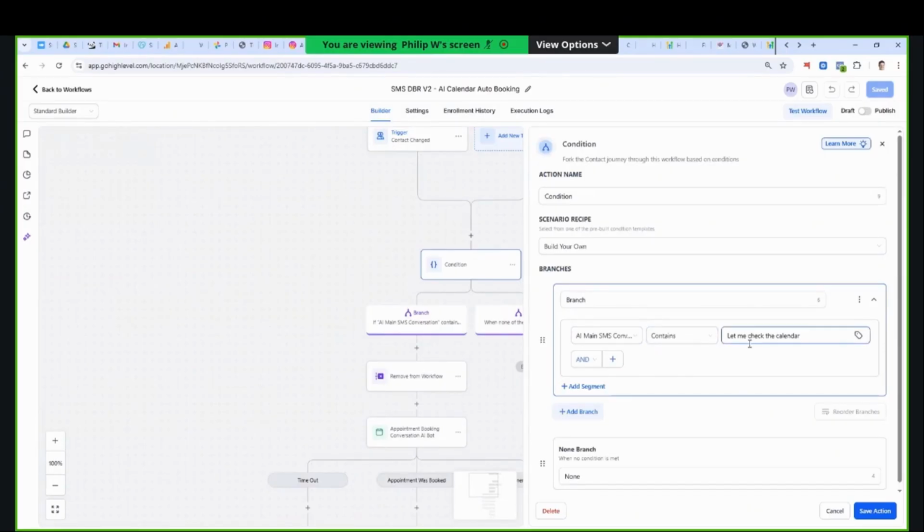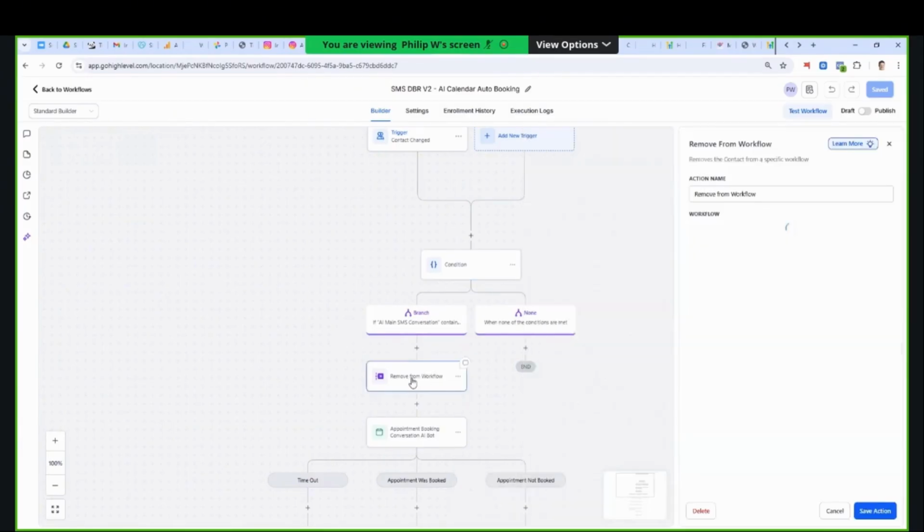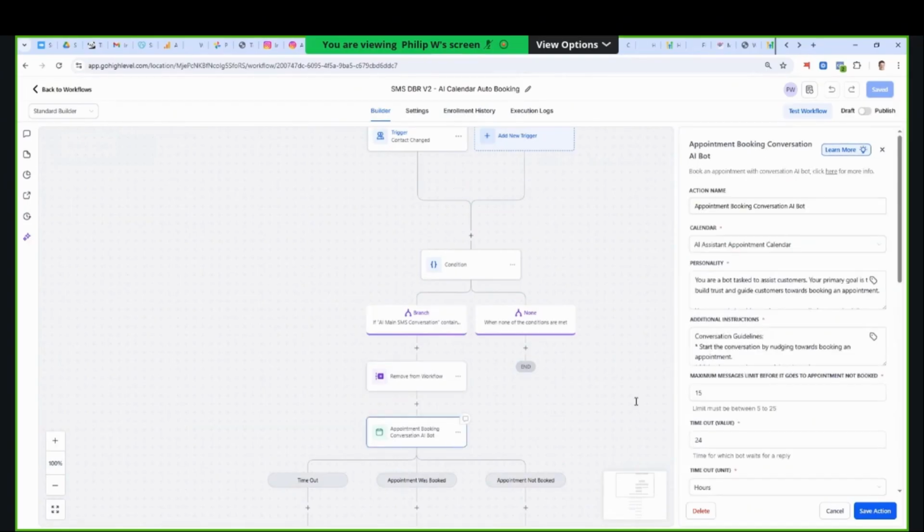So it's given the option of, do you want the booking link or do you want me to try and suggest some slots? If somebody says, yes, suggest some slots, that's great. The AI then goes, let me check the calendar. That's the point where somebody will continue down this path. We remove them from the other workflows because for the period while we're trying to create the booking, we don't want the ChatGPT AI to create some random messages. We're using GHL's internal booking bots, and it's just simple: suggest some slots,